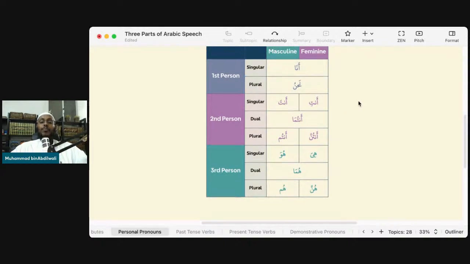However, personal pronouns bring something else to the table. Something extremely important, something that other nouns don't have. As a matter of fact, this is what makes personal pronouns such a special type of word. They bring to the table something called person. Now, maybe you've never heard of this.